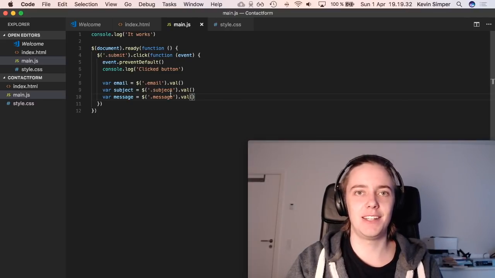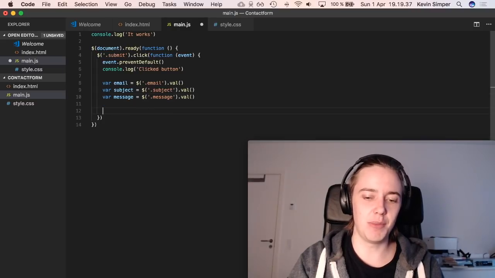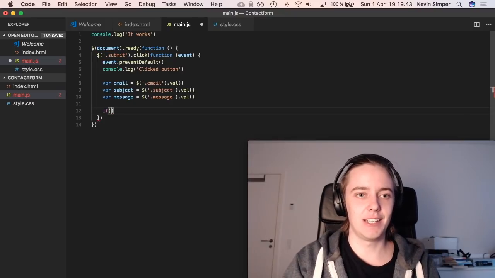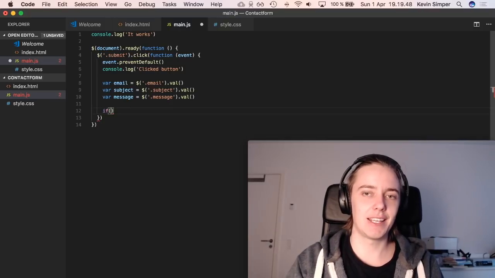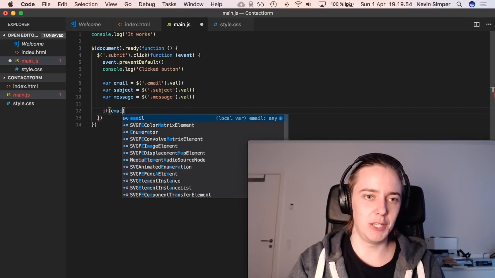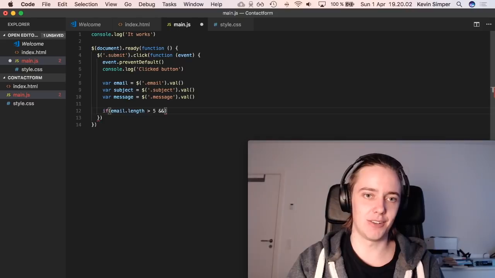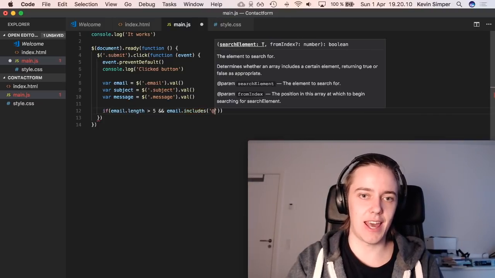Now we basically want to validate if these three values are as we expect. We want, for example, the email to have at least 5 characters in length, because that would be the minimum you can have for your email. Like, it needs to include at least some different symbols. So email length should be more than 5. And we also want to combine this with an AND operation. So we want to say the length and email includes the @